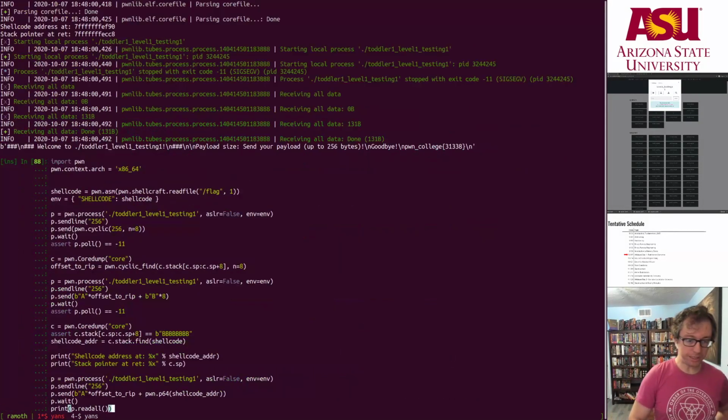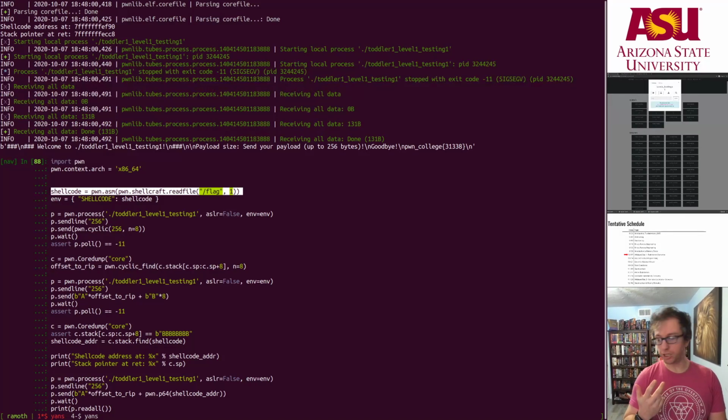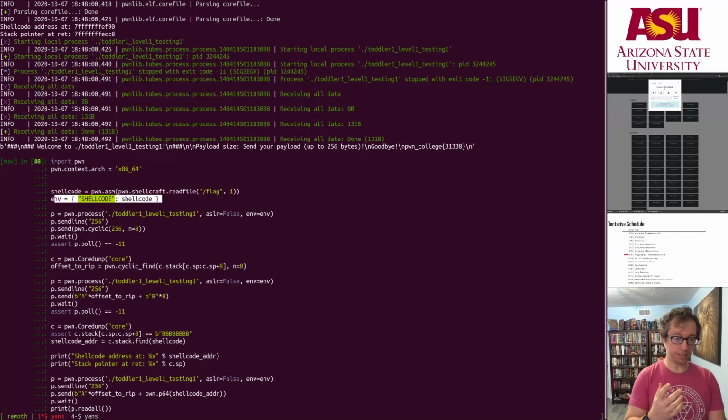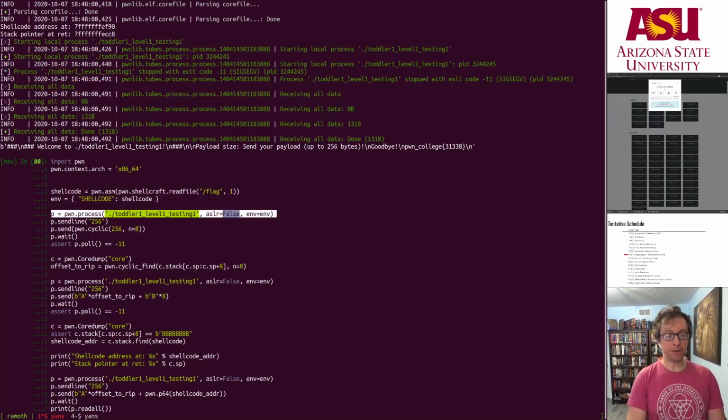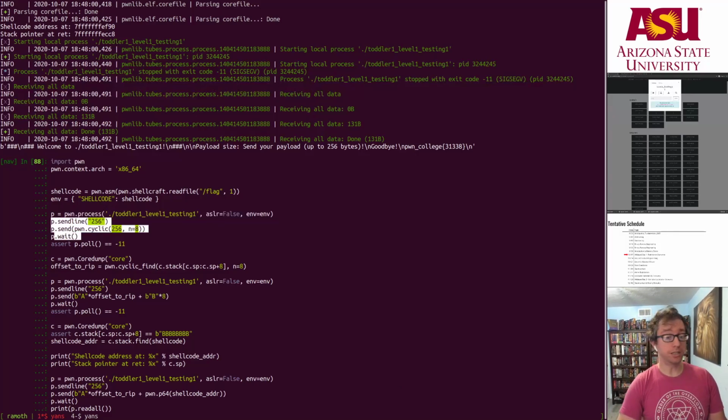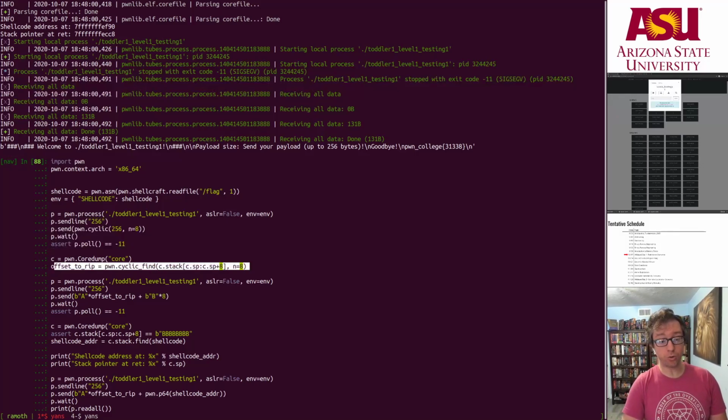Cool. So what we did, to summarize, created some shellcode using pwntools, put it in an environment dictionary that we passed in when we launch the process. So we set that environment. The environment goes on the stack. That means our shellcode is on the stack. Since the stack is executable here, we're good to go. We send a 256-byte cyclic pattern to see in the core dump where we crash, right? Then we send, actually,